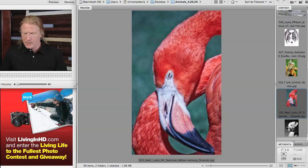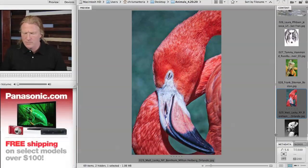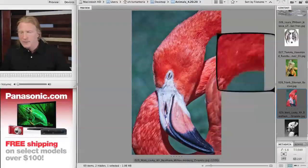This is a great shot by Matt Lasky. Matt is a student of Milton Heiberg in Orlando, and actually took a workshop with me here in New York as well. What I liked about this shot is just sort of the very atypical kind of framing. Obviously you can see the flamingo's body over here, its neck comes sweeping down and then up and then around, and